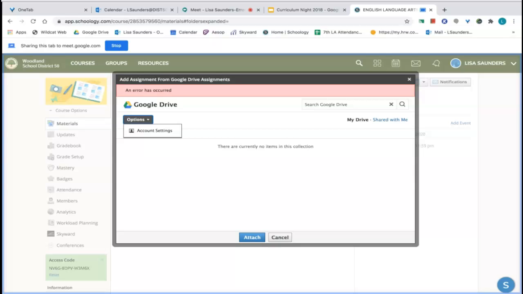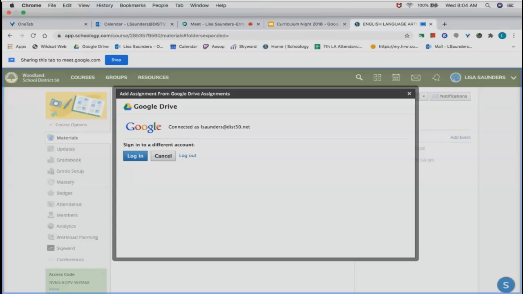So this screen is where I would have gone to adding assignments, and I've clicked the Google Drive assignments button, and then this pop-up shows up here. So what you're going to do is click that button that says options with this drop-down arrow, and you get account settings. So from here, you click account settings, and then you get this screen. So from this screen, you click on login,